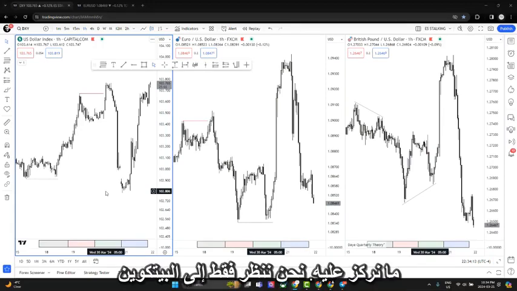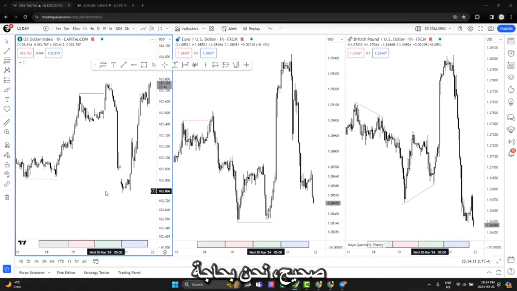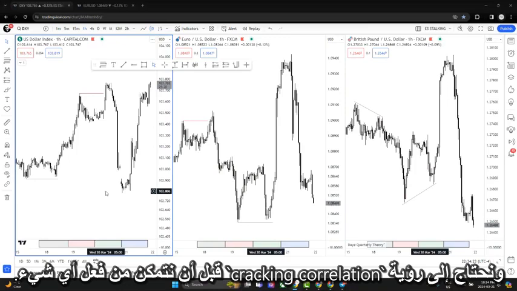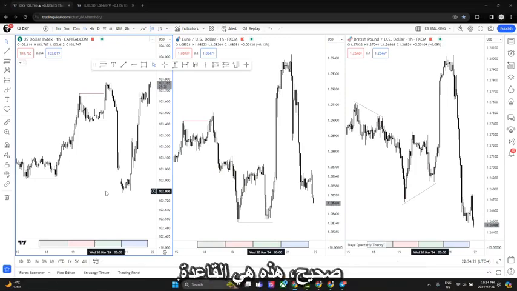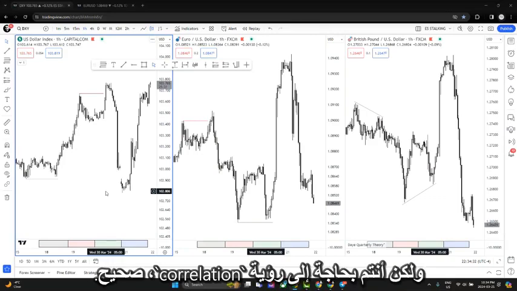We'll only look at Bitcoin and Ethereum if there is a higher time frame move on the way, right? We need to see a cracking correlation before we can do anything, right? That's the rule. I might not need to see a cracking correlation, but you need to see a cracking correlation,